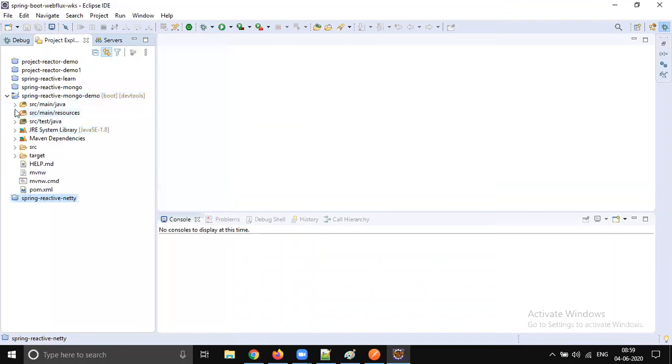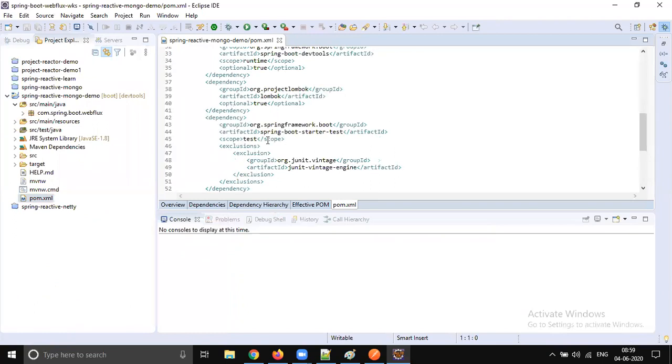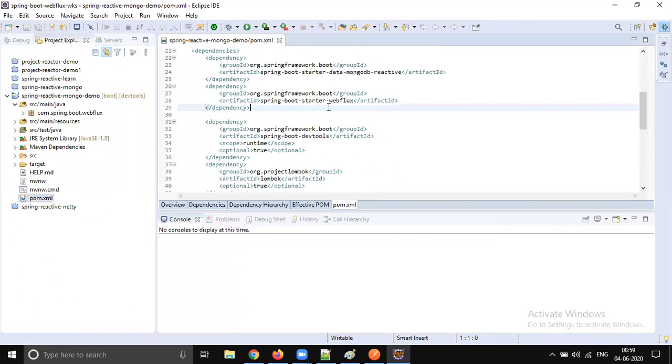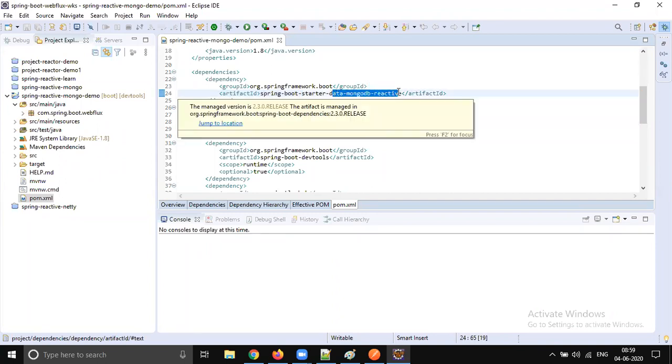It's a normal Spring Boot project, which we have been doing for many days, but the dependencies are a little different. When we add Reactive Web, WebFlux will be added, and we added MongoDB Reactive. Make sure you properly select your dependencies.